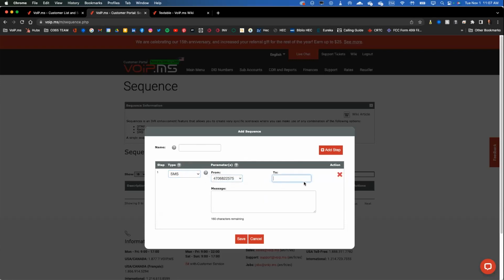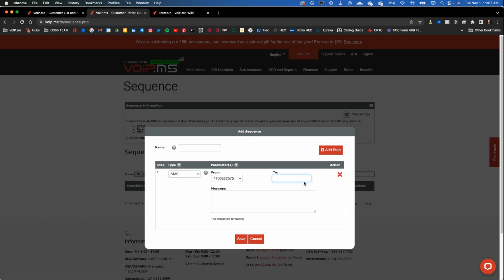So if somebody is calling you and you want them to press 3 for emergency, it could send an SMS message from your VoIP number to a specific account owner DID.